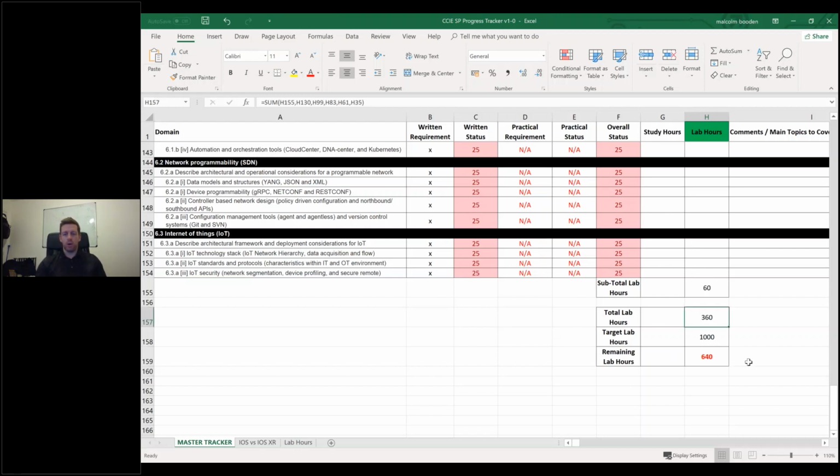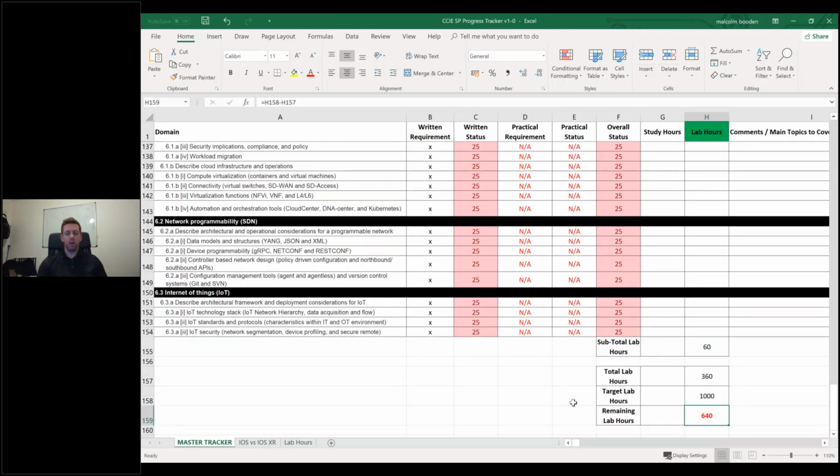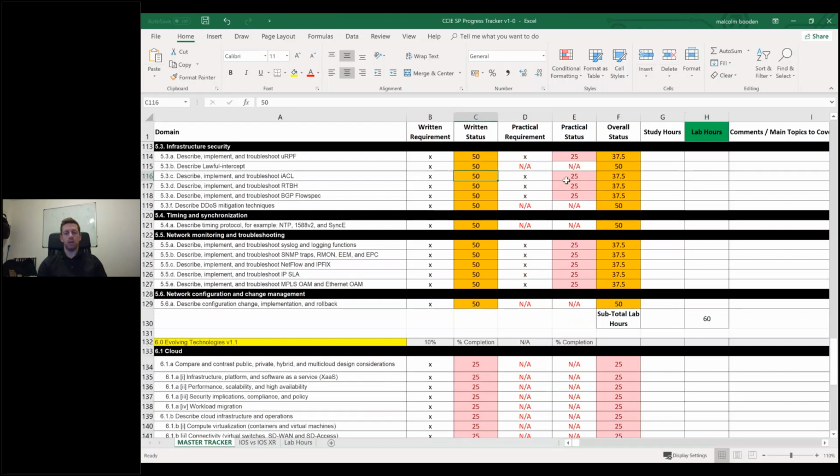So we have a total number of hours here, which I'm setting my target number of hours to 1,000. So 1,000 hours minus 360 gives me my target number of remaining lab hours, and that's how I'm intending on tracking. So this is saying, based on what I thought I needed to do, which was about 1,000 hours of labbing and study in order to get to where I want to get to, I've got to do about another 640. And that, in combination with the overall status, which is based on the written status and the practical status,